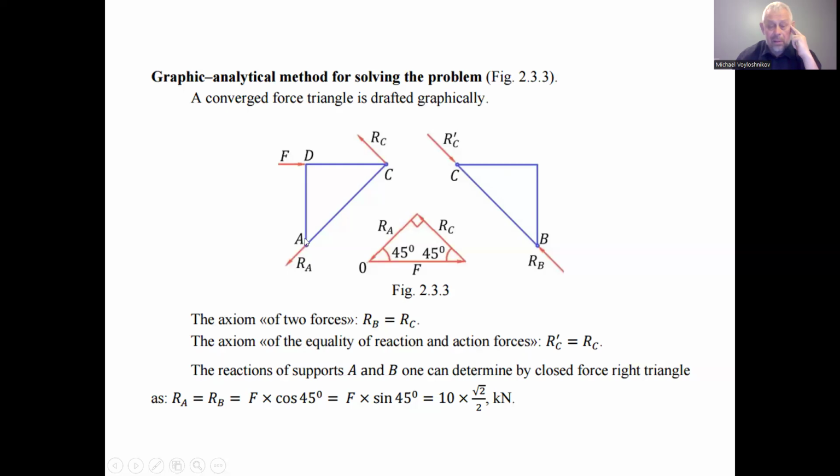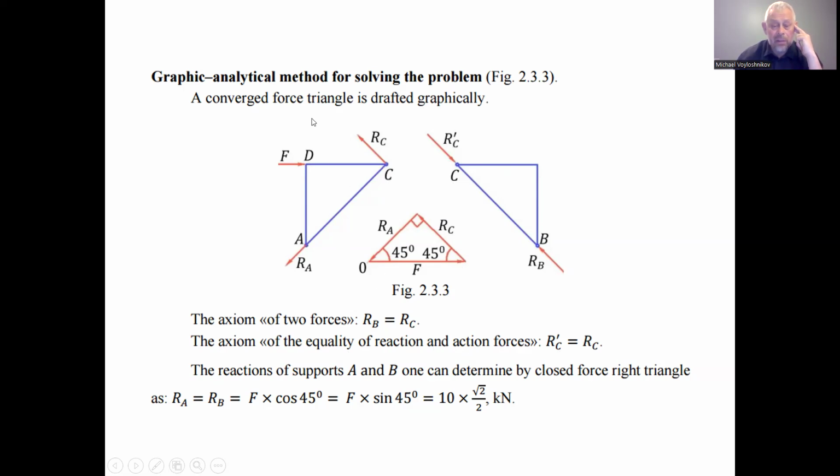And in the hinge C, these two semi-arches are connected in the hinge C. By the axiom of equality of reaction and action of forces, RC stroke equals RC. They are equal in magnitude, but opposite in direction. So the force RC is opposite in direction to RC stroke. Besides,